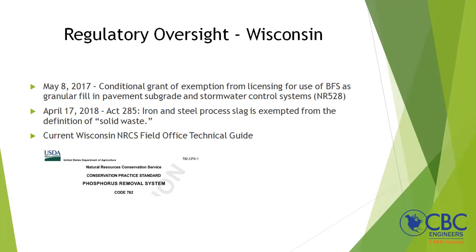So in order to avoid that problem, we had to get an exemption from that rule, based upon our original exemption from NR 528, which was successful. So my point is that to get this material, you can only get it from one source in Gary, Indiana at this stage in time. That's through the ArcelorMittal integrated mills, where the slag material is managed by a company called Phoenix Services. I can give you more information on that at some other time. But right now, that's the only company that has essentially gotten the okay from the state to use their material as a stormwater